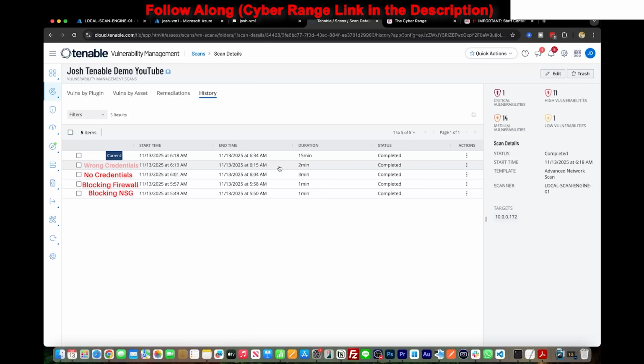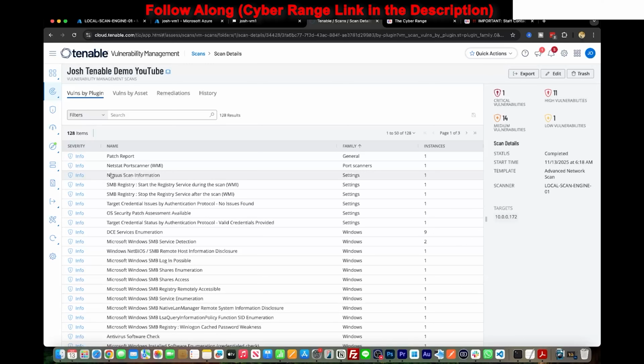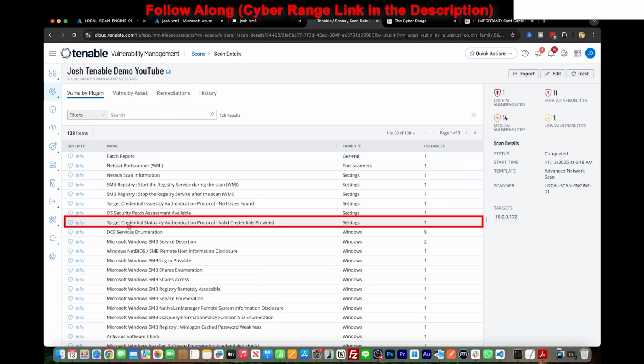This one we had wrong credentials. And this one we have correct credentials. So this one's already selected. So we can click vulnerabilities by plugin. And then now you can see something in here, this target credential status by authentication protocol, valid credentials provided this time. So if we click on this,